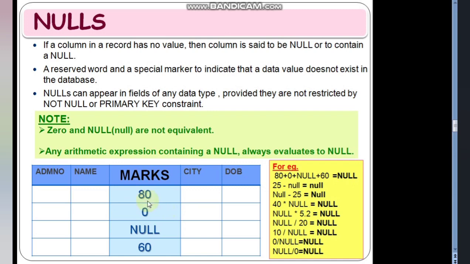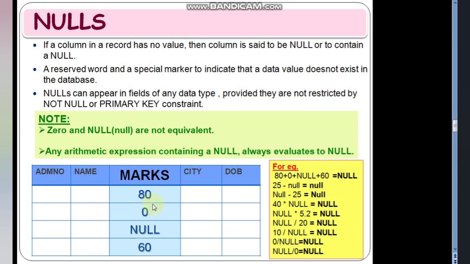Now one thing you have to note very carefully, that 0 and null, which you can write in small letters or in combination since MySQL is not case sensitive, are not equivalent. They are not the same. Let us take the example of this particular table where I have given admission number, name, marks, city and DOB. 5 columns are there, and there is a marks column which contains values like 80, 0, null and 60.